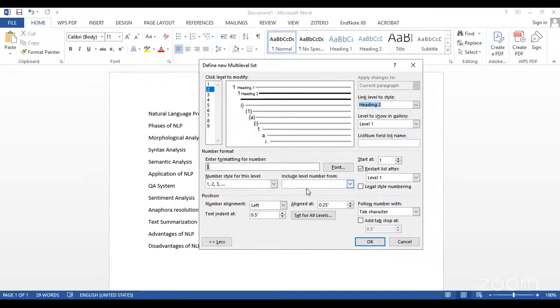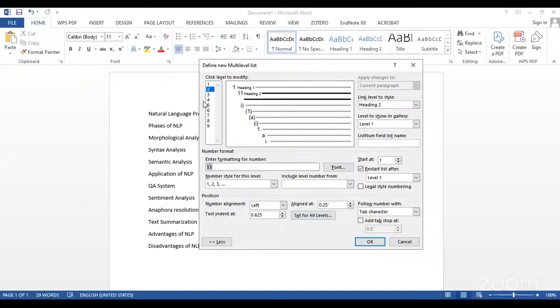After that, here you can see include level number from, so you have to choose level 1, because level 2 is the subordinate of level 1. After that, here you can put align at 0.25 and here I can simply put 0.625 for the alignment purpose.